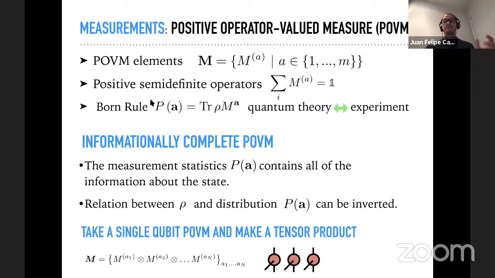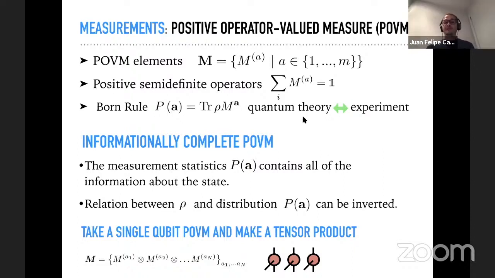There's a Born rule, on the other hand, which relates quantum theory and the experiment, right? You create an experiment where you prepare state rho, and then you apply measurement operator MA, and then you get outcome A. And the probability of observing that outcome is P, okay? And that was given by Born, right? Born basically came up with this rule out of his pocket, but it works, right?